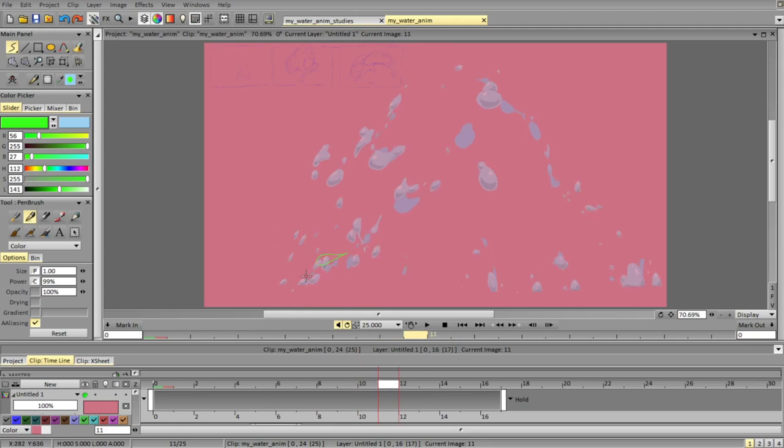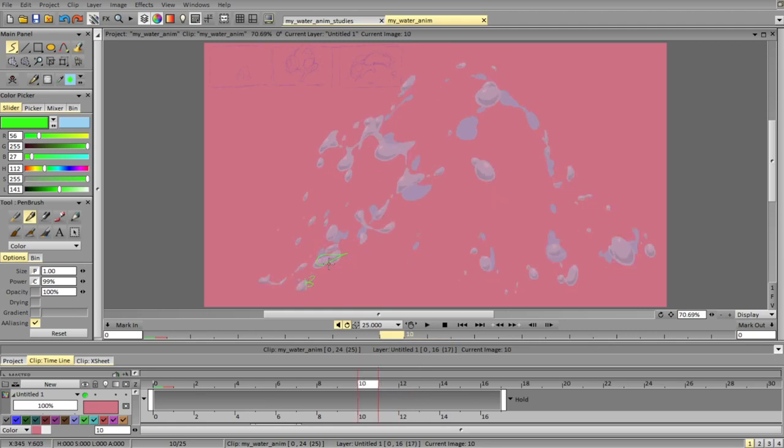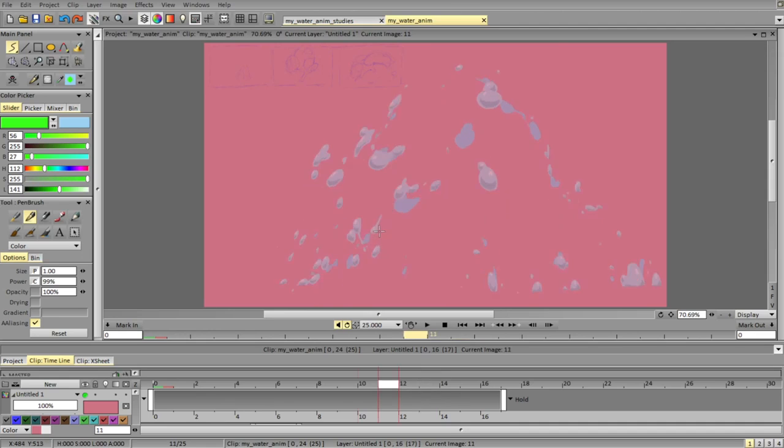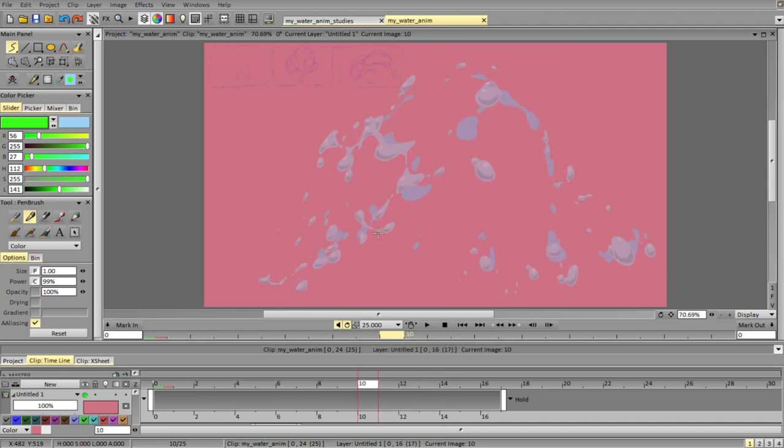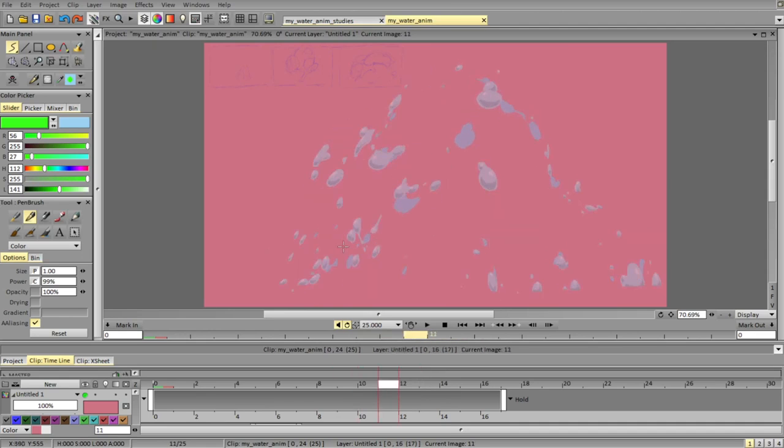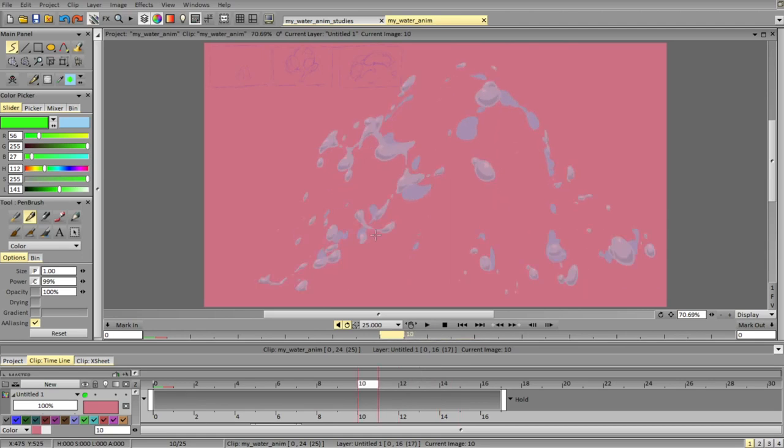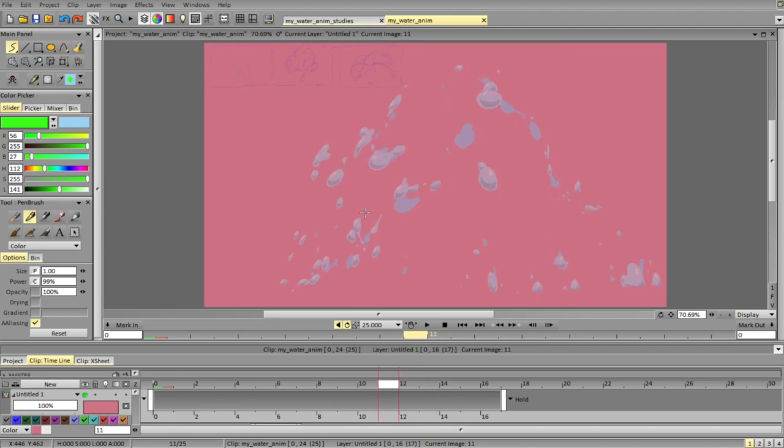So these particles kind of slow down when they fall down. We don't really need that slowdown, a lot of that. And we can reduce some of the smallest particles so that they don't make it too messy. And be sure to check the curves.